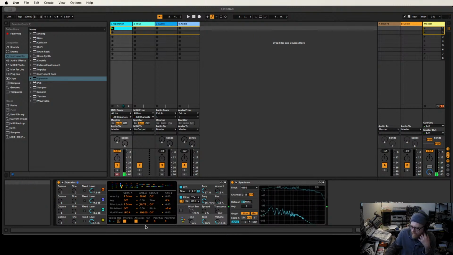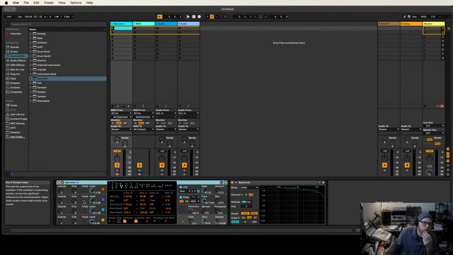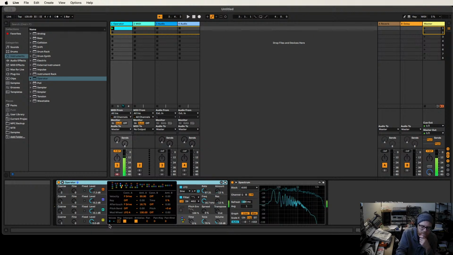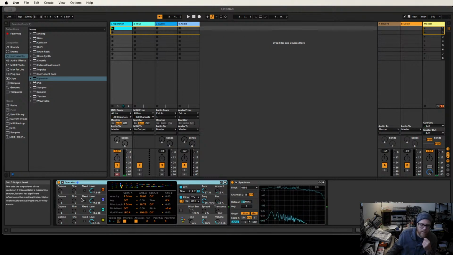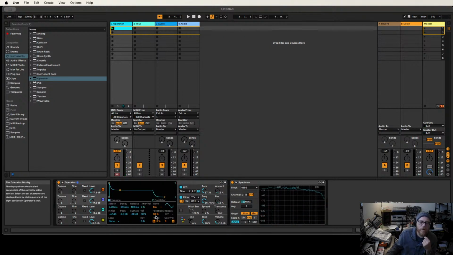Kind of a growly, screamy, low indie kind of groovy thing. Okay, and once again, you saw we played with a bunch of different ratios over time here, and what we ended up with was 1, 1, 1, and 2. A lot of times, especially when we're trying to get something with a nice low fundamental, we have to